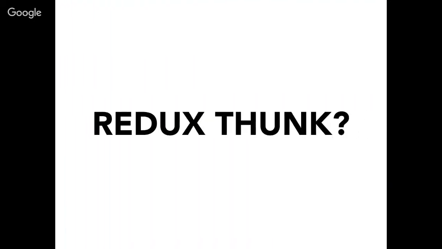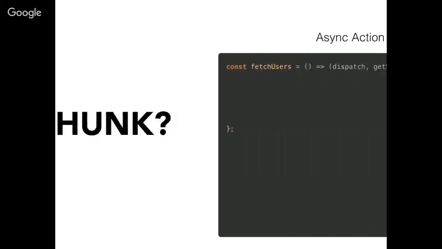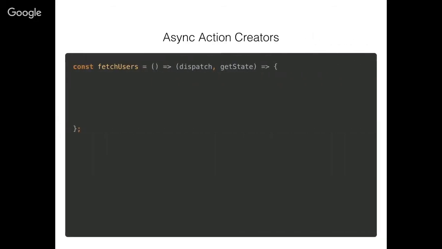And the big one. This is what I've been waiting for. So Redux Thunk. The main reason people are using Redux Thunk is for server communication. Because no matter what you try, that's going to be asynchronous, right? There's no way to do it synchronously, at least not on the client side. And let's say I have an action creator for fetching users. If I'm using Redux Thunk, instead of returning,